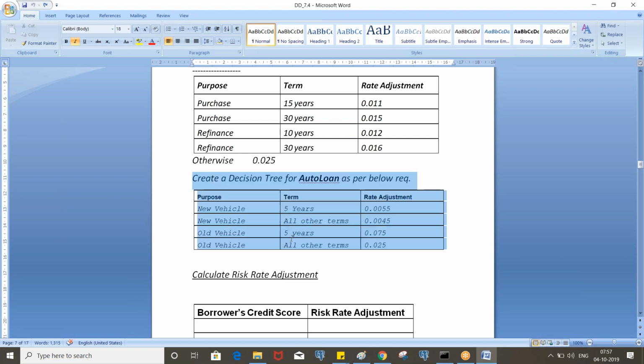Okay. So we create more decision tables and trees in the applications. These are very simple. If you are able to understand the requirement, you are just taking the properties and putting the values, right? That's it. And we have other options also to be discussed. We'll discuss in the next class.